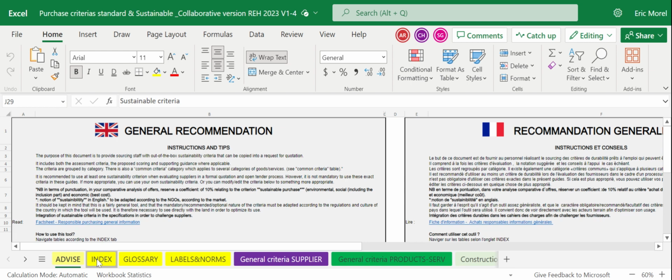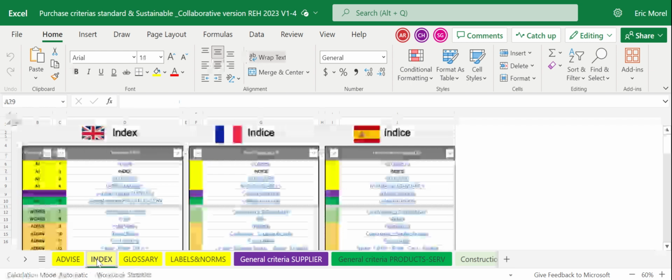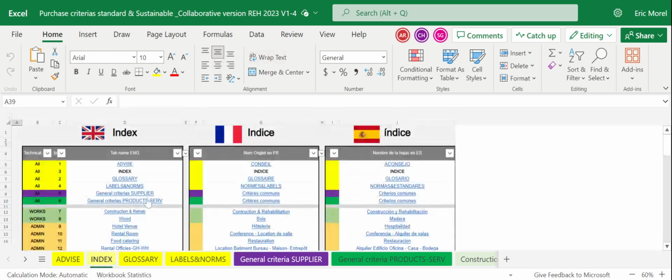Then I go to the next one, which is the index. So the index is the list of all the different tabs that are existing. And what you can see, and which is maybe useful when needed, you have a glossary, you have labels and norms, to have an overview about all what is existing today, or at least one part of the labels and norms that we have identified, and then some general criteria for the supplier and for the product and services, knowing